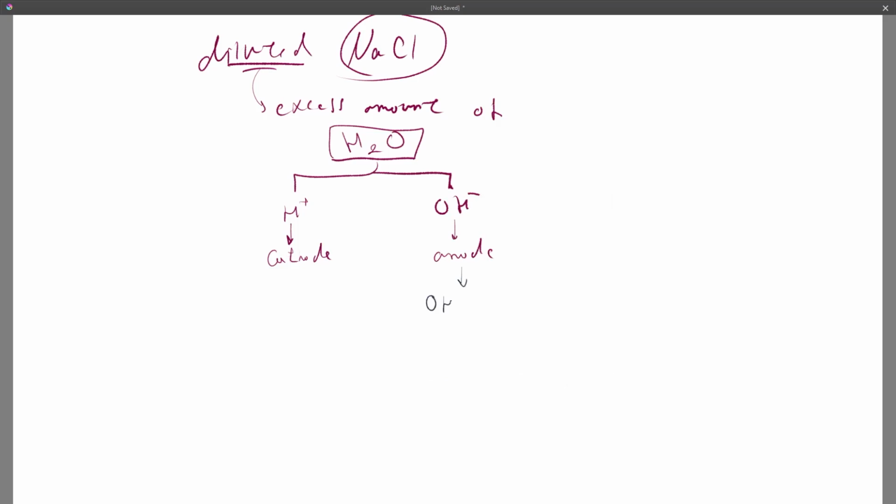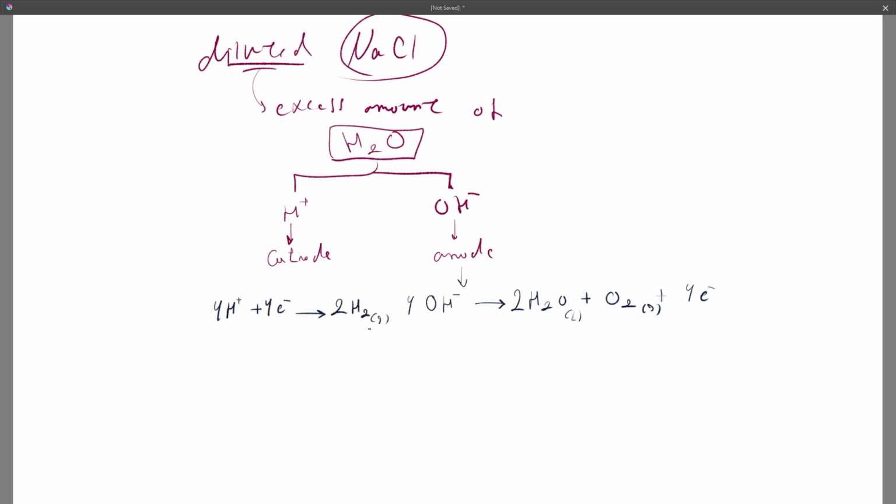Oxidation is loss of electrons, so OH will lose one electron, forming water and oxygen. Of course this equation is not balanced at all, so here we will have 4 electrons and we will have 4 OH ions and 2 water molecules, just to balance the equation. That's liquid and that's gas, of course. At the cathode we have reduction, so 4 hydrogen atoms will gain 4 electrons, forming 2 H2